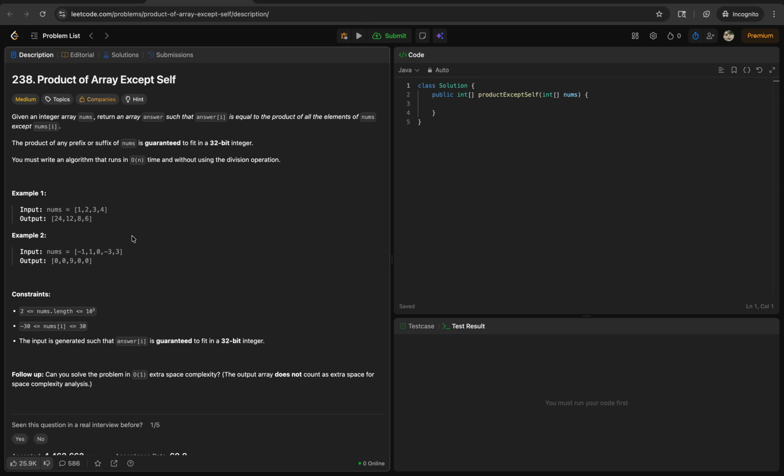Product of array except self. Given an integer array nums, return an array answer such that answer[i] is equal to the product of all the elements of nums except nums[i]. The product of any specific prefix or suffix of nums is guaranteed to fit in a 32-bit integer. You must write an algorithm that runs in order of n time without using division operation. Okay,